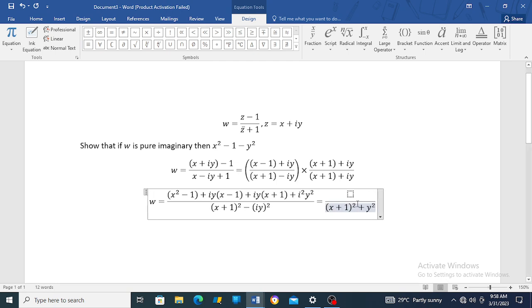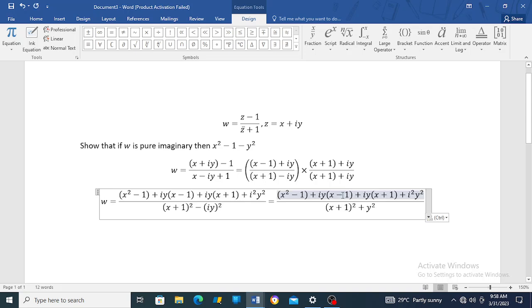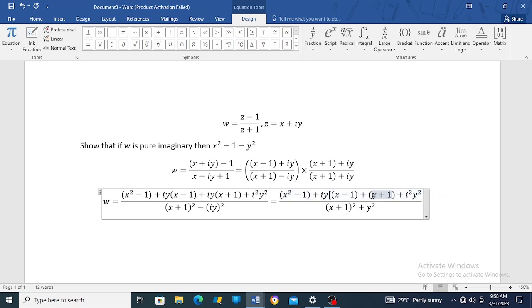Now let us simplify the numerator by grouping the real and the imaginary parts together. So the numerator, let's simplify first. I'm going to copy everything and then we try to simplify together each term. So the iy, right, I'm going to factor out iy from this term. I will move the iy from here, and then I replace i squared with